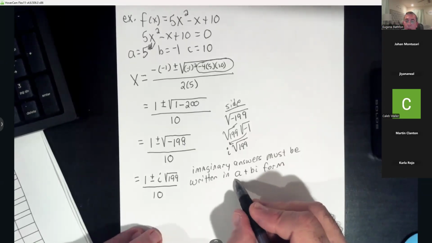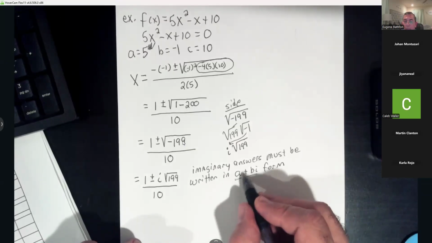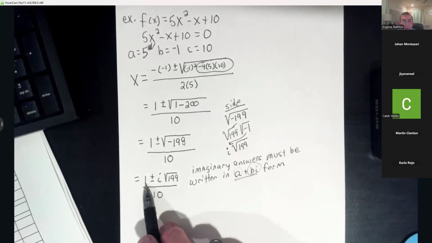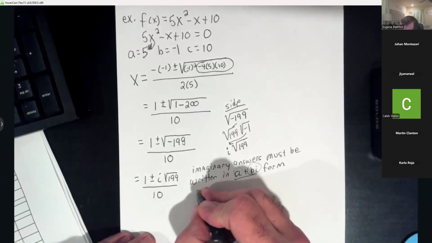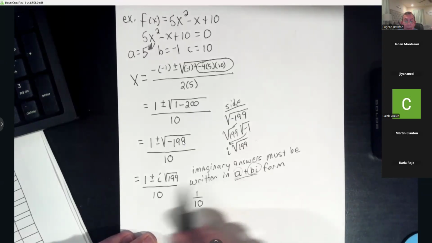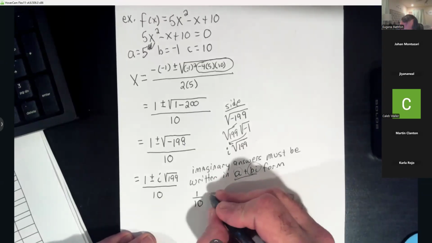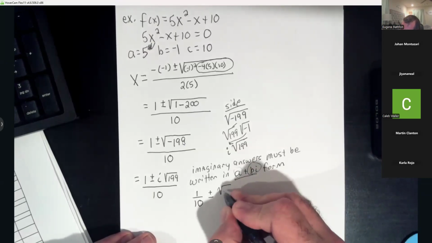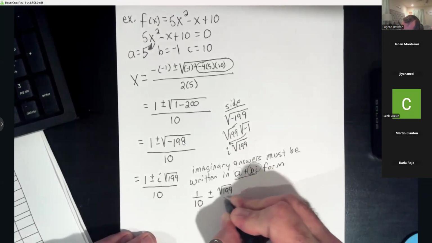So this is what you would call a complex number. It's got a real part, it's got an imaginary part. We all hear my real part is 1 over 10. That's my A. And then I got a plus or minus square root of 199 over 10